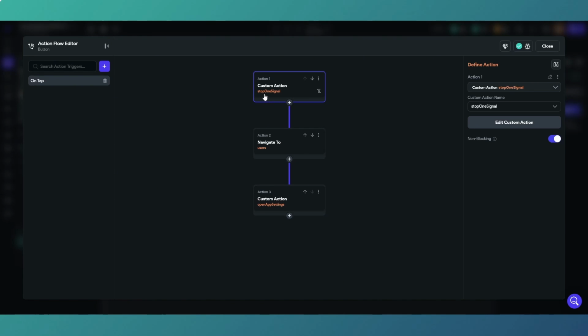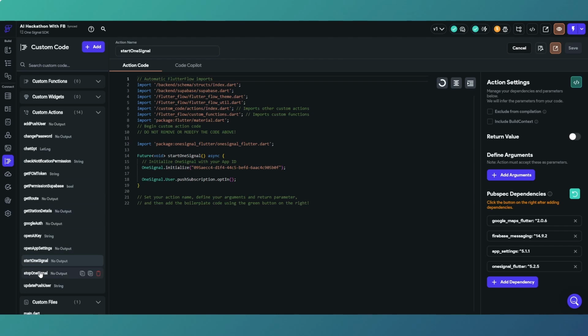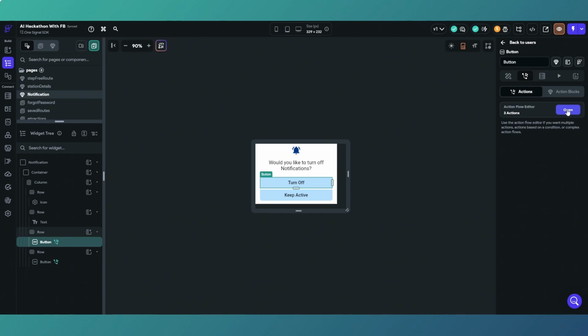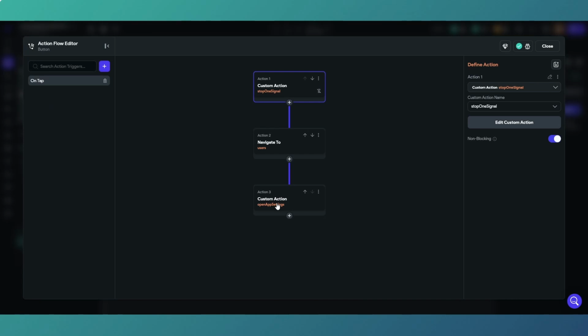So custom action stop OneSignal is essentially the same as what we've just had for starting OneSignal, except we're opting out of notifications. And then the other action at the end there opens the app settings within our device, and that is another custom action